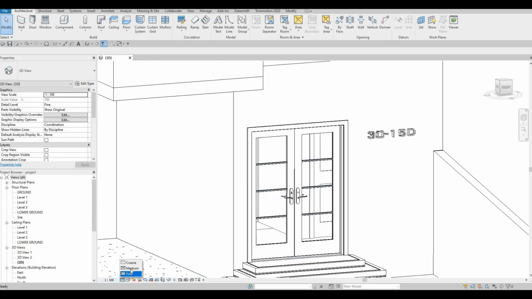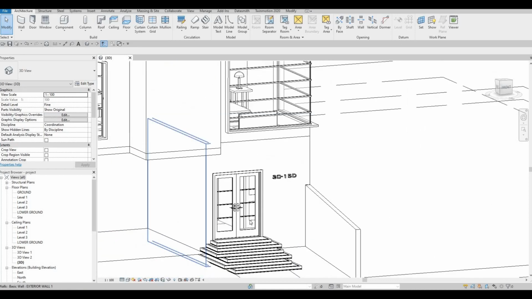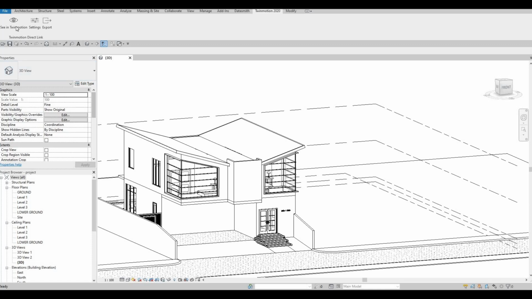Because if you leave it in medium, as you can see, the door handles are disappearing. So make sure it's under file, you save it, and then go to your Twinmotion plugin and then see